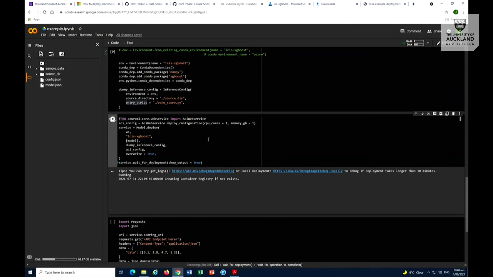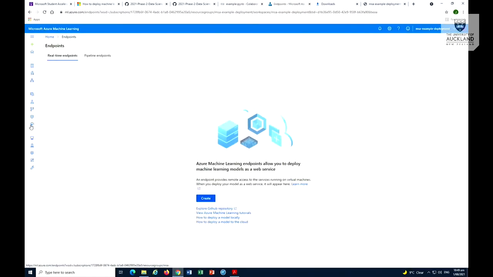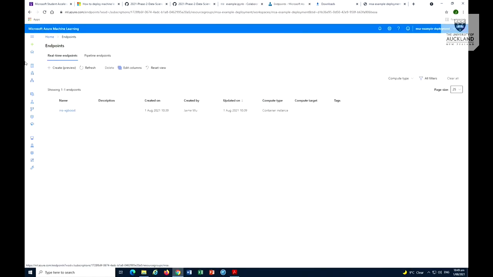This process usually takes a while when you first deploy your model. Once you already deployed it and want to redeploy it, it should be much quicker. Since this is taking a bit long, I'll just show you what the final product looks like. So this is the final stage already. Once this completes, what it should look like is